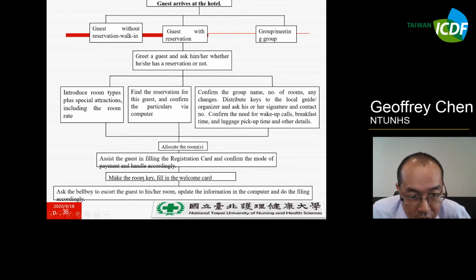Then make sure the room key and welcome card are ready, and ask the bellboy or porter to escort the guests to their rooms, update the information in the computer, and complete the formalities accordingly.